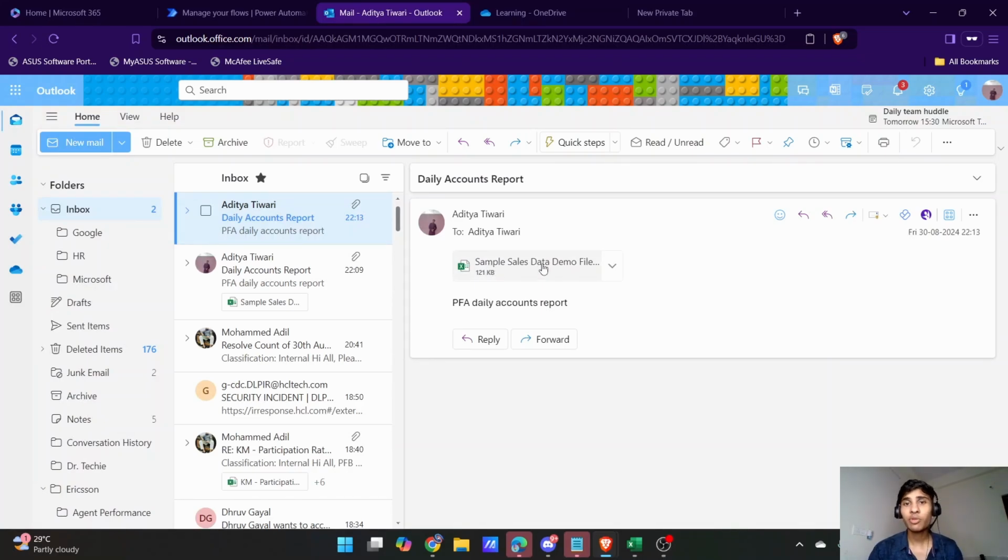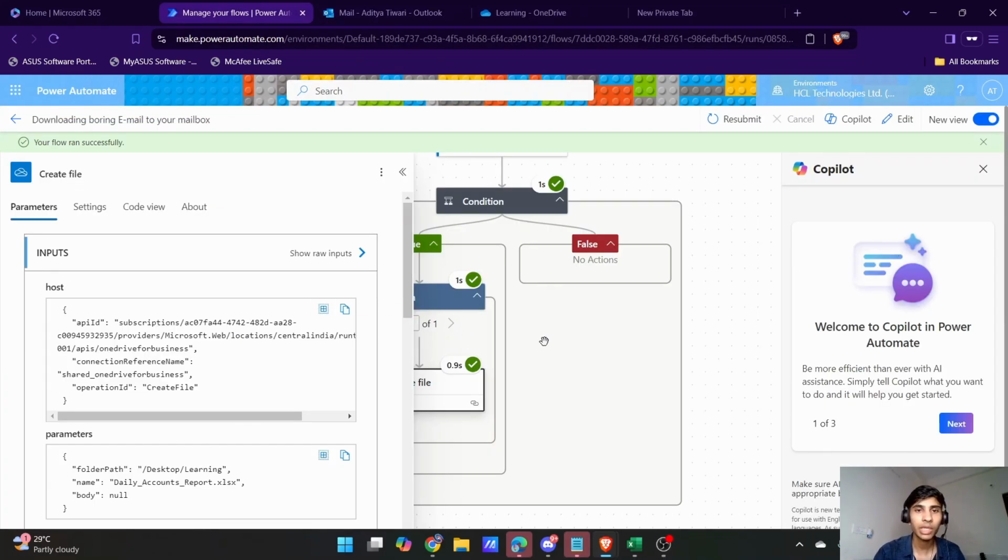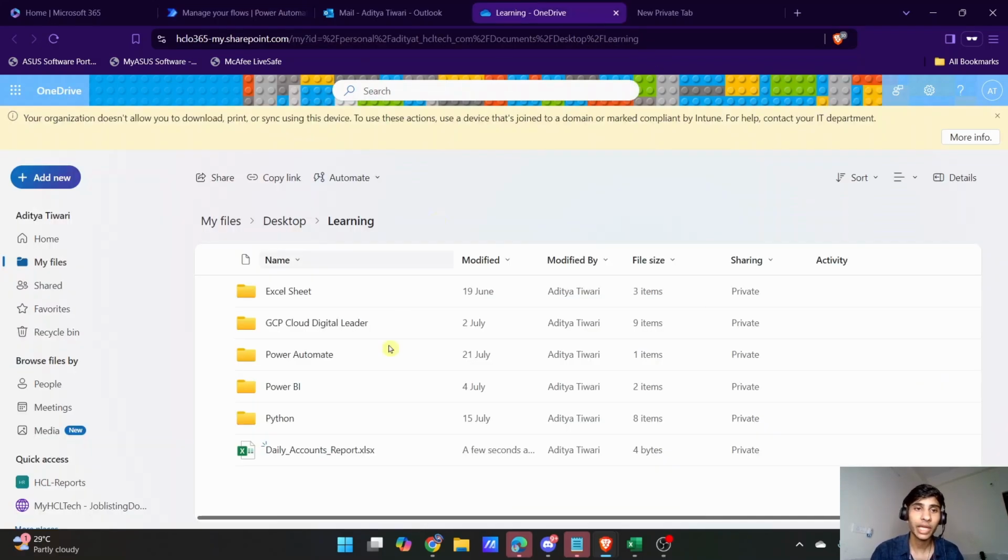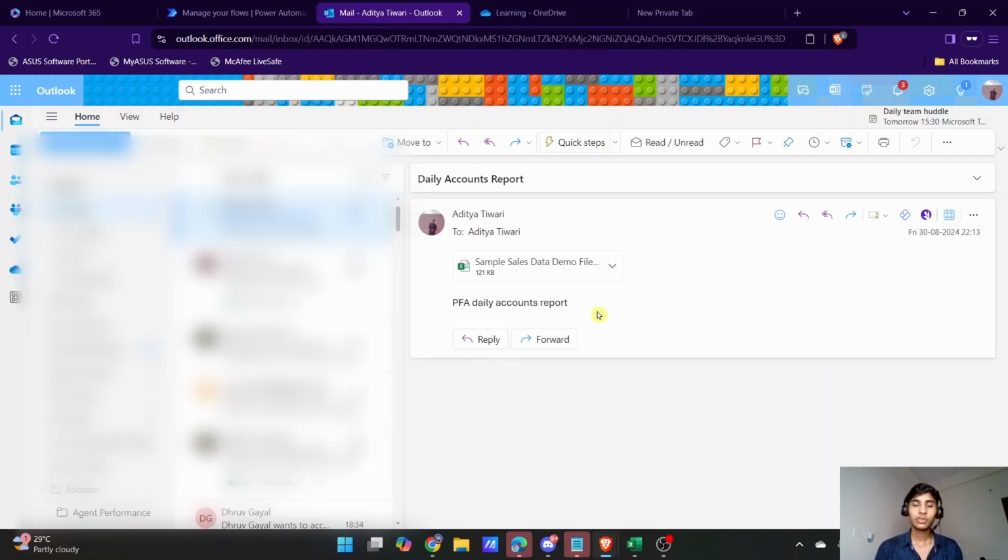Currently the name of this is sample sales data, but we have already renamed it inside the flow while creating the flow. So it has been saved as daily accounts report, which we have provided, the format is the same, and it will have all the data present in that particular sheet. So that's how you create this easy flow, which is going to save hours of your daily hustle.